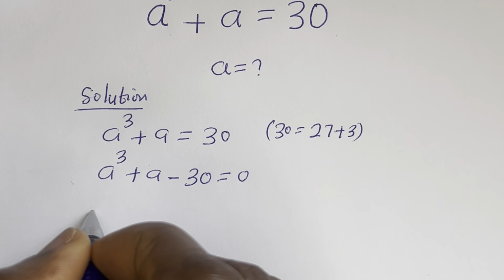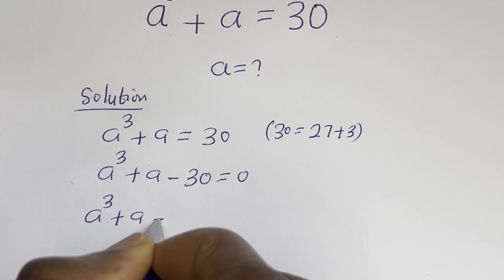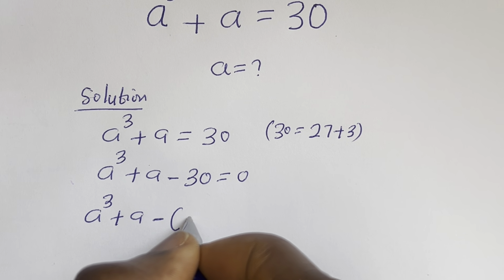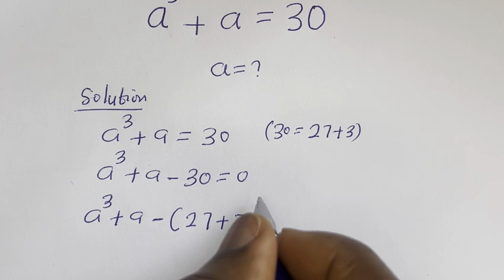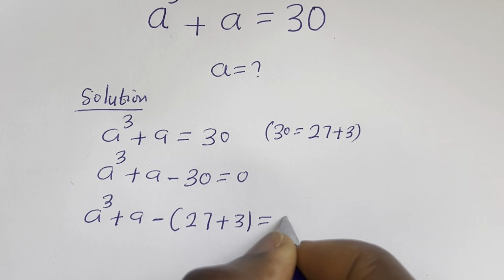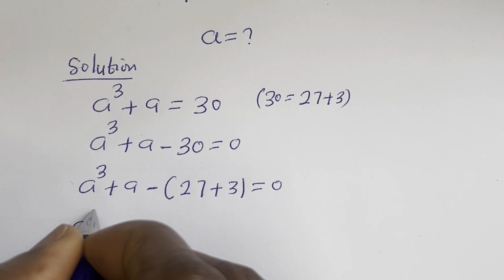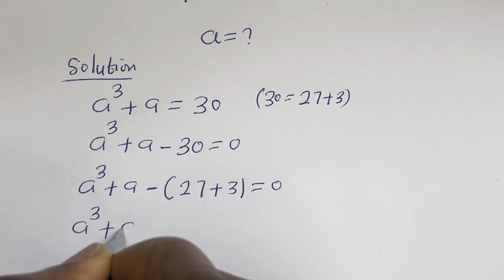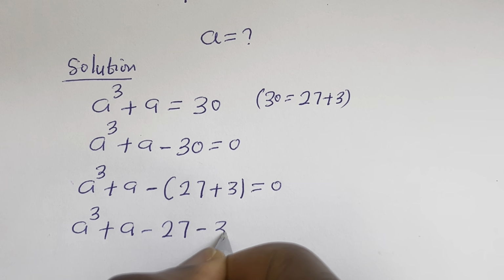Then this can be written as a to the power of 3 plus a minus, this is 27 plus 3, is equal to 0. Now we have a to the power of 3 plus a minus 27 minus 3 is